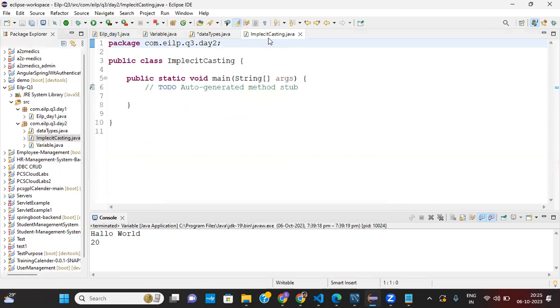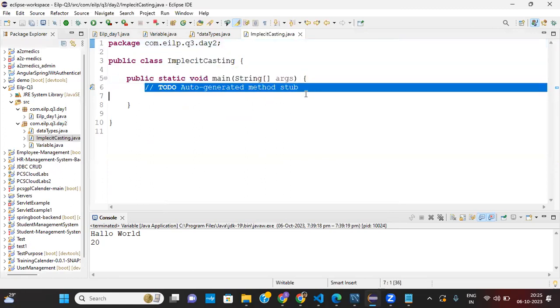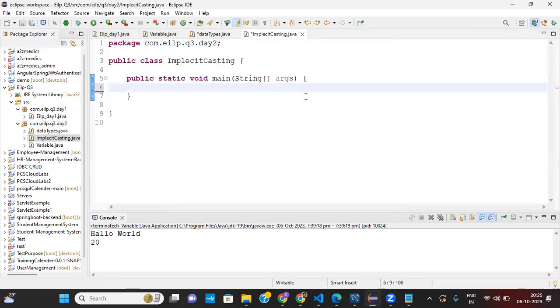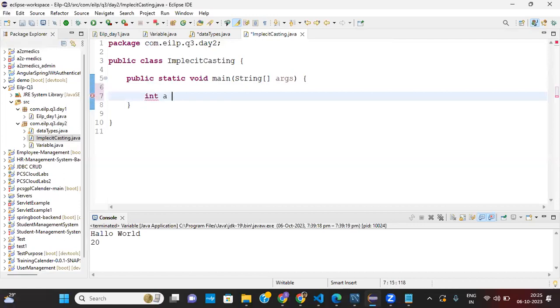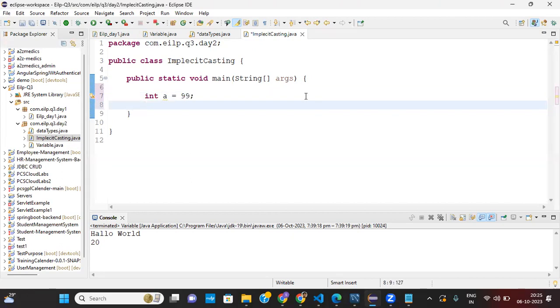Here we are going to convert a smaller data type to a larger data type. Suppose I am taking integer a equals 99. And in the next line, I'm going to convert this integer into double. Double b equals to,